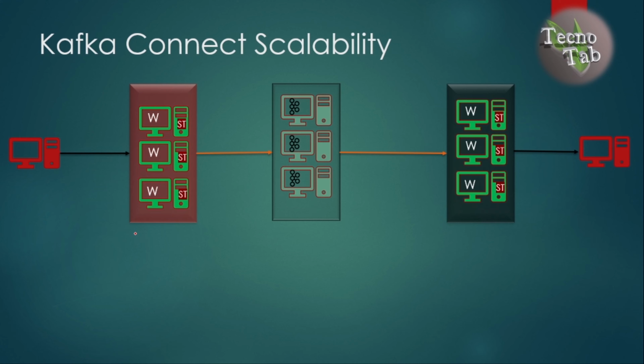Each indivisible unit in the Connect cluster is called a Connect worker. On the left hand side scenario, you can see a bunch of source tasks running to share the workload. For example, one task may be pulling the data from one table of the database. The other task may be pulling data from other databases. Similarly, on the right hand side, we can have a bunch of sink tasks running in parallel to share the workload.